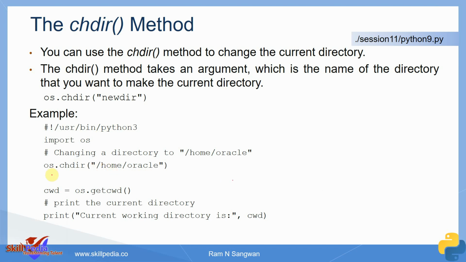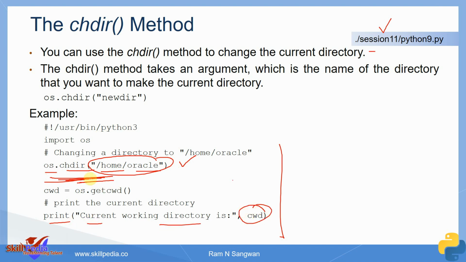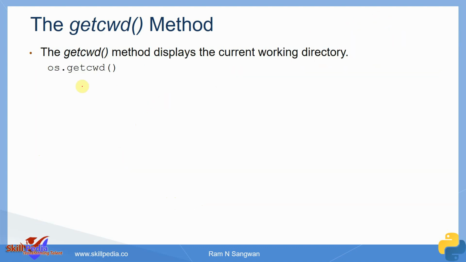So when you use this command chdir /home/oracle, you are in this directory, which means if you create a file here, if you do some file operations, creating a file, deleting a file, writing a file, that will happen in this directory. But if the program is executed from another directory, once you are out of the program, you are back in that one. In fact, this will tell you the same. If you use print os.getcwd, you will get the same answer, /home/oracle. That happens because of the subshell. But the moment you are out of the program, you are back in the same directory from where you called it. getcwd will give you the current working directory, something like pwd.